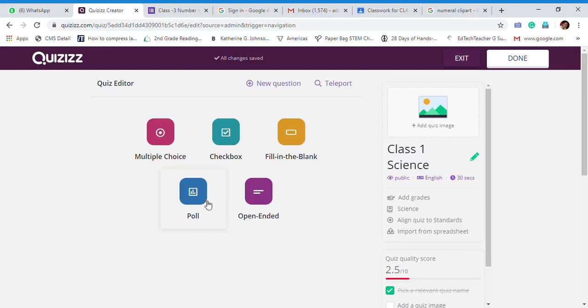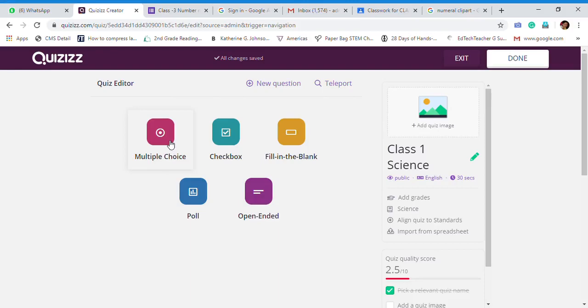There are 5 types of questions. First is multiple choice, or MCQ. Checkbox is for multiple answers for any question, and fill in the blanks is fill up. Poll is just like, have you enjoyed the quiz, yes or no. So if you need any survey type of thing, then you can use the poll. And open ended is the paragraph descriptive answer type of question. Quizizz will grade it as a correct answer always. So if you need to do manual checking, you can use this, otherwise it is not useful for you.